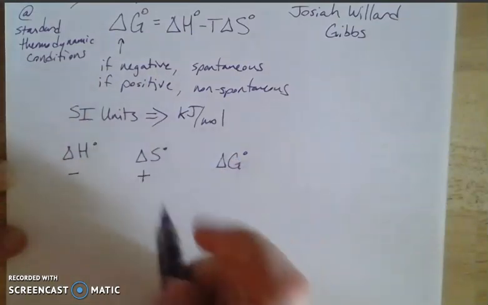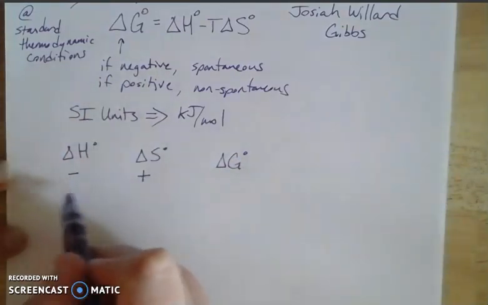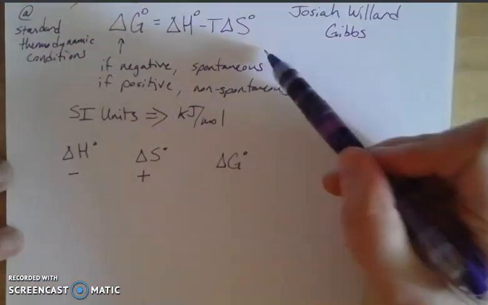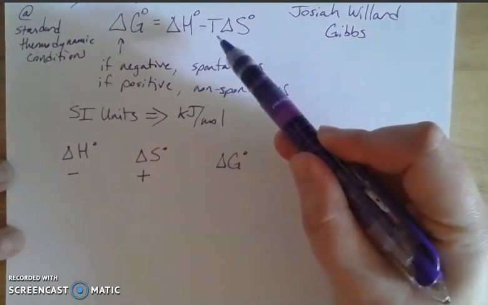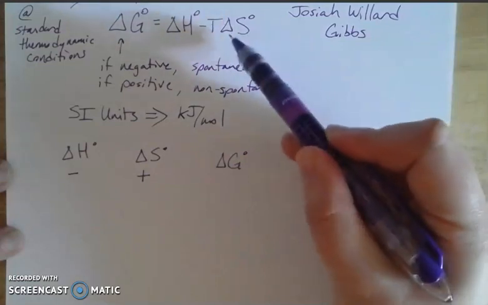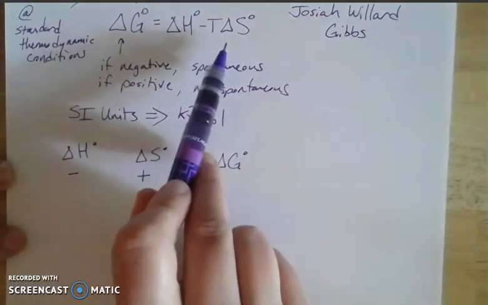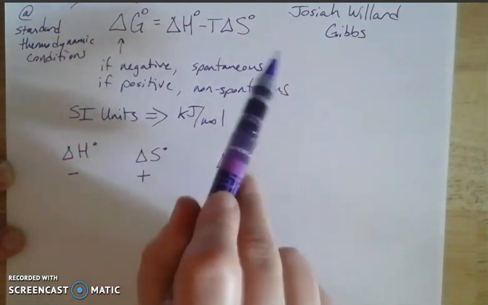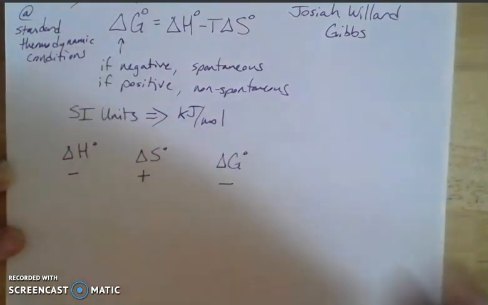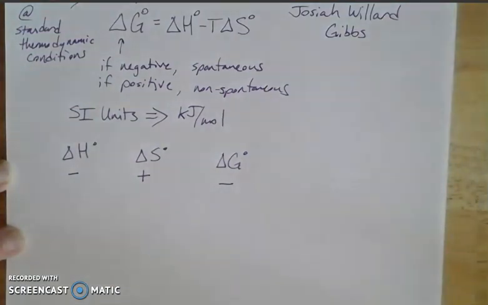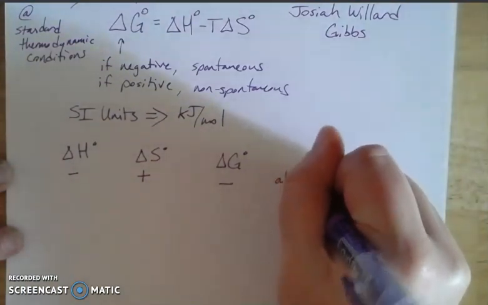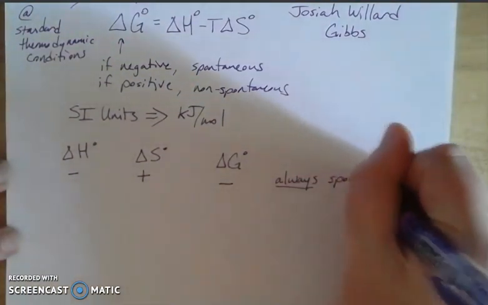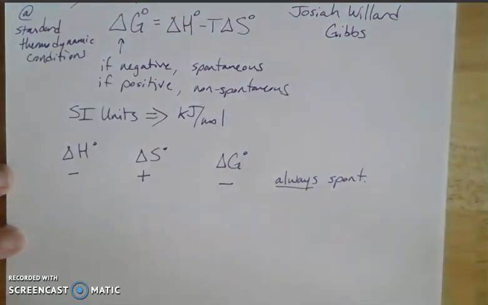It's a positive thing. So if I have a more disordered system and an exothermic reaction, if we think mathematically about this equation, I'd have a negative value here, and my temperature is in Kelvin, so that's always going to be a positive number. And if my delta S is positive, I'd have a negative minus a positive, right? So I'm just going to get more negative. Then that's going to always give me a negative delta G, right? And if I always have a negative delta G, then that's always going to be a spontaneous process. We'll go spont. Always spont. Okay? Always spontaneous all the time.